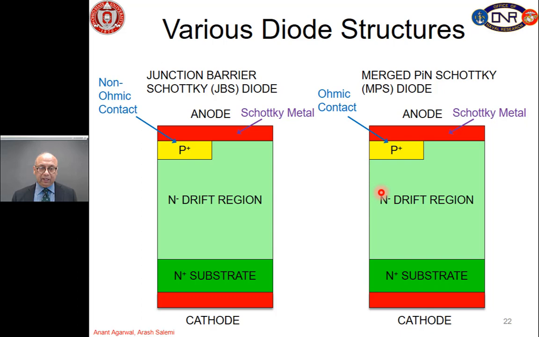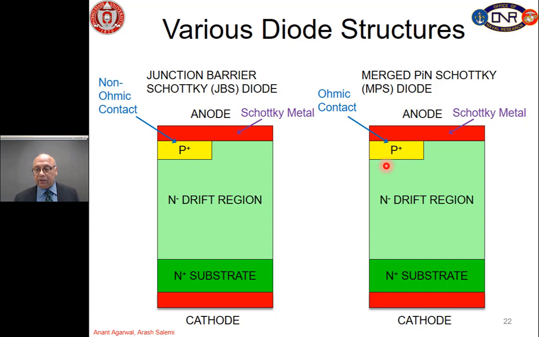All right, and then we can get into more complex structures. This structure on the left has a pure Schottky diode, but we have introduced a small amount of P region or P type of semiconductor. The function of that P type semiconductor we will explain later, but this kind of diode is called the junction barrier Schottky diode or JBS diode. And the difference between the left structure and the right structure is basically ohmic contact to the P plus. If ohmic contact to the P plus is very good, then it is called the merged PIN Schottky diode,